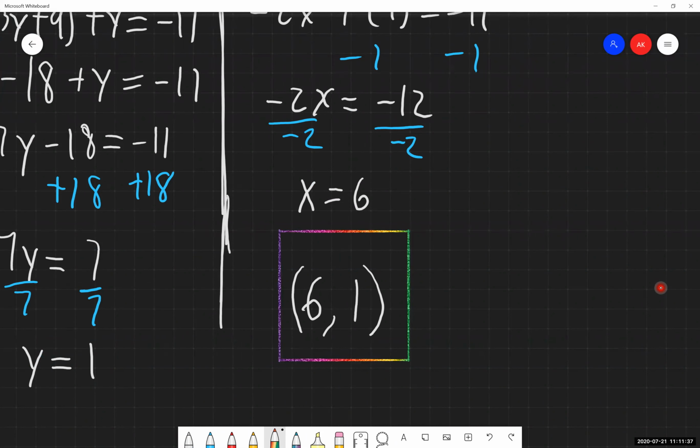And you can go through and do the check if you would like to, the exact same way that we did with our previous example. I will let you guys do that on your own. This is the correct answer to this system of equations, but I will let you guys do the check on your own time if you would like to. I do want to get through our next two examples and then show you guys these equations graphically as well, what these look like graphically.